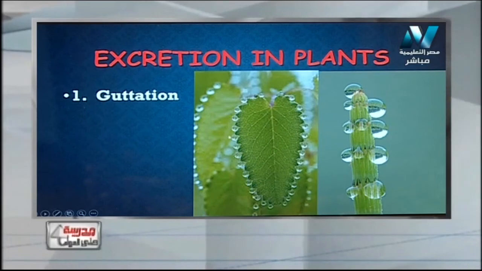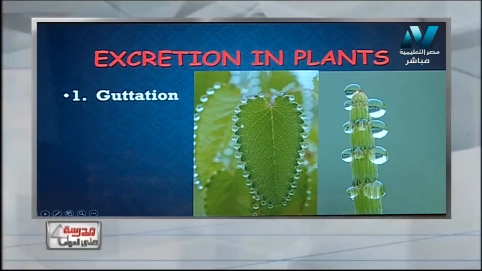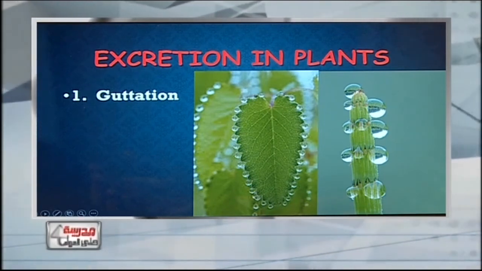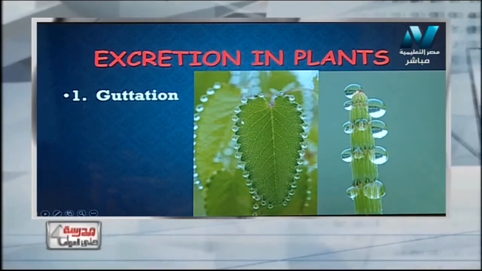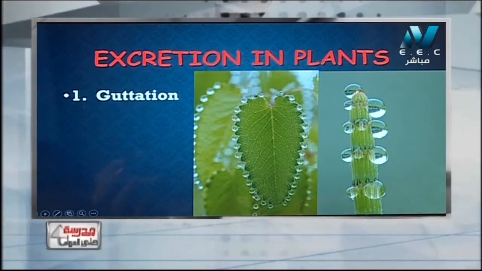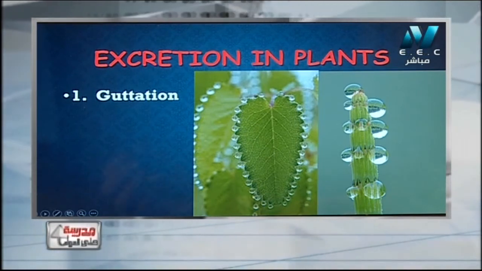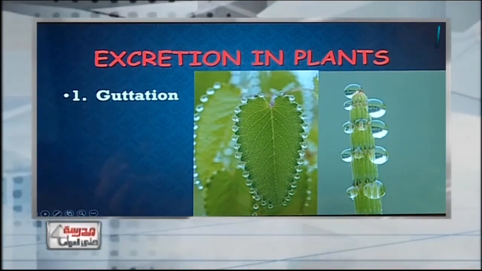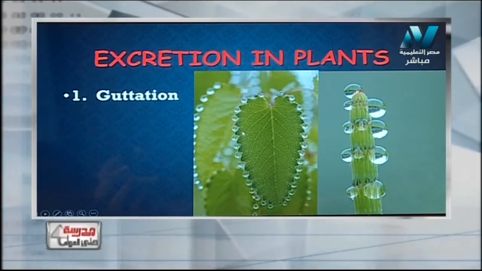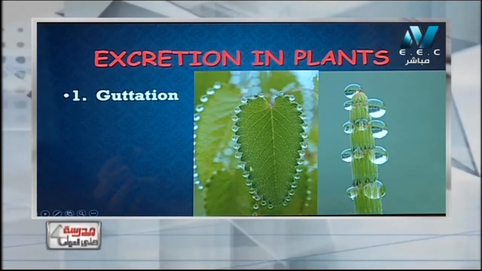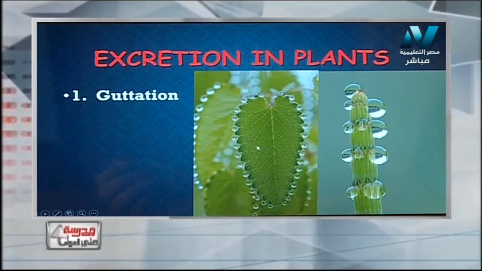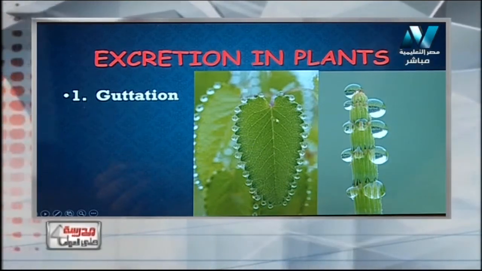And these droplets of water come out from the leaves through a device called hydathode. What's a hydathode? The hydathode is a device like a stomata, but it is open all the time and present at the edges of the plant, at the end of the veins and venules, as you see in this picture. Actually, it's a very nice picture to show the guttation.